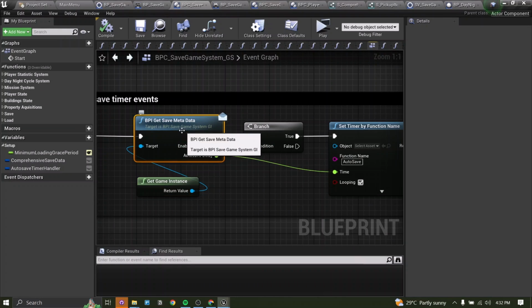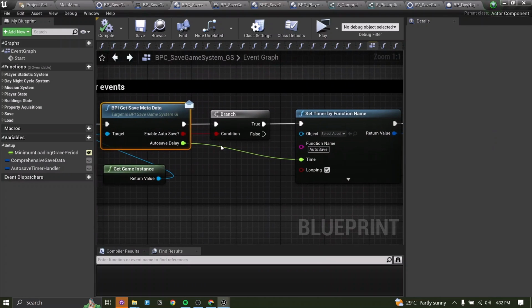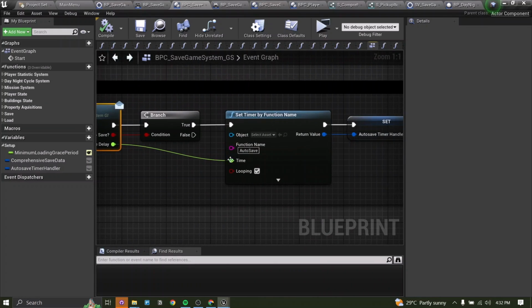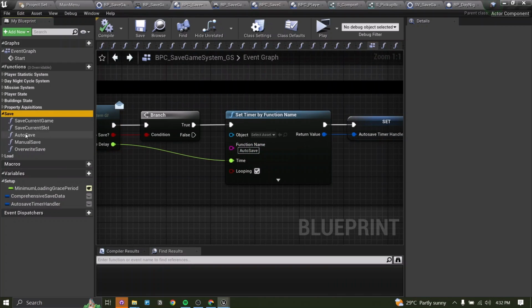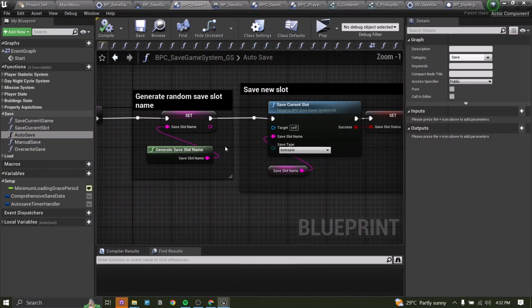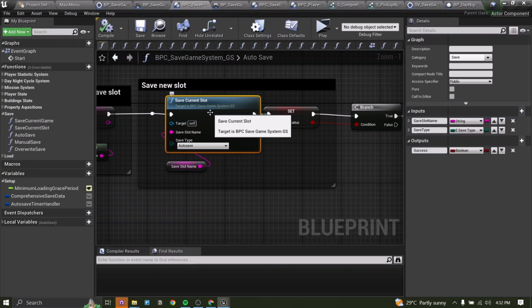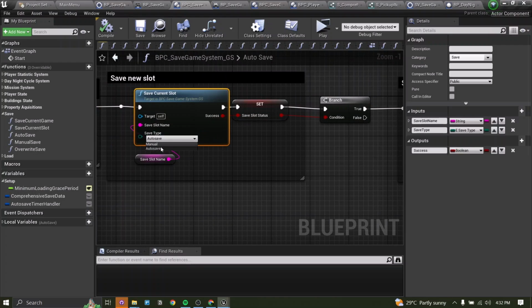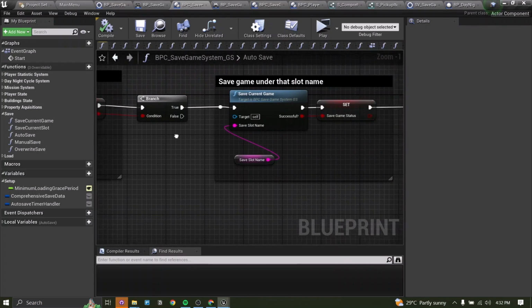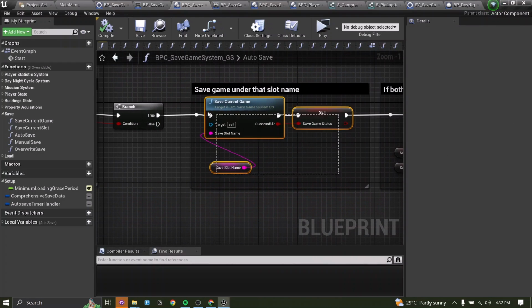So we have this interface event, and then it will set this timer for this specific delay, and then this autosave function will get triggered, which is this function, right? So at the autosave, basically it will generate a unique save slot name, and it will save the game for that specific save slot instance. The save type is now autosave, right? It's not manual. And once that save is successful,